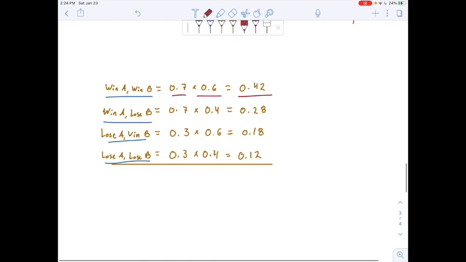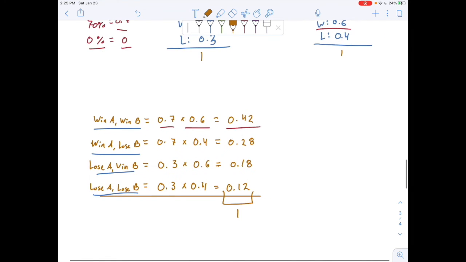Fill out the rest of the chart. This tells us the probability for each option of playing both games. And just like A and B, the total probability of each option has to add up to 1, which they do. So the question asks us to find the probability of winning at least one of the 2 games. So that is all the options except losing both. That's what that means. So if we add the probabilities of all these except for losing both, that gives us